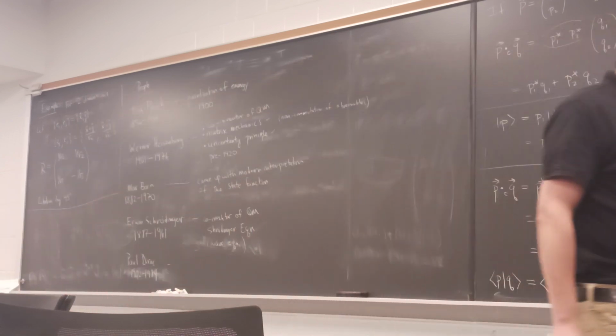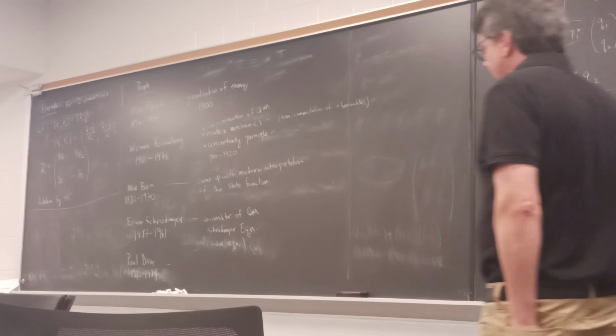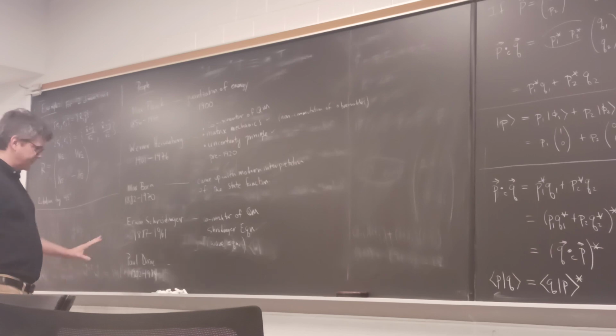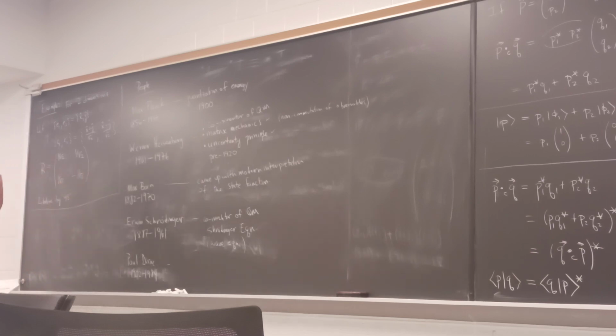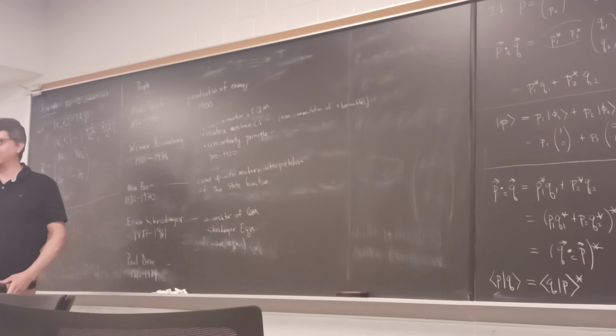Dirac held the chair at Cambridge that was Newton's chair. So he was a professor of mathematics at Cambridge. And Dirac is outlandishly brilliant. He came along and looked at all the stuff and then he wrote his book